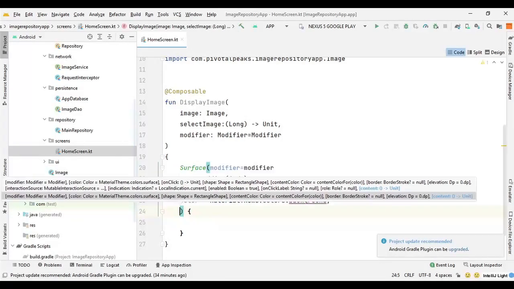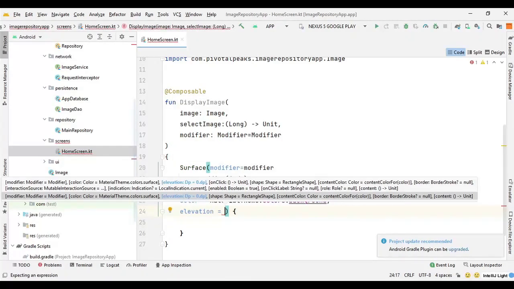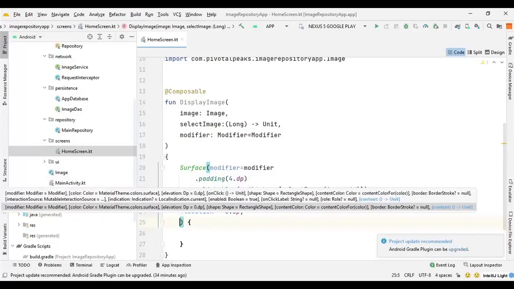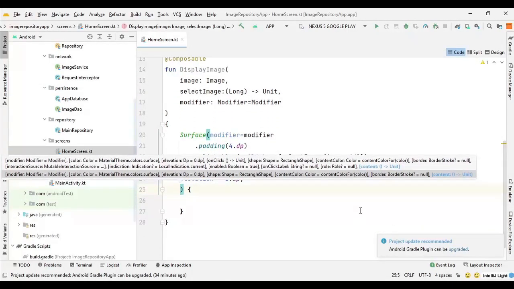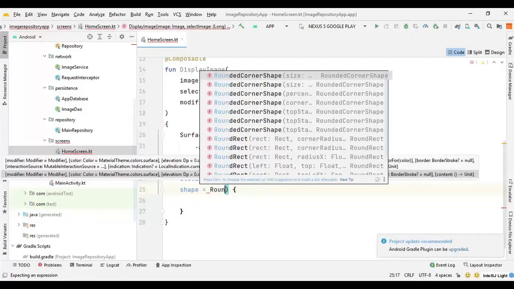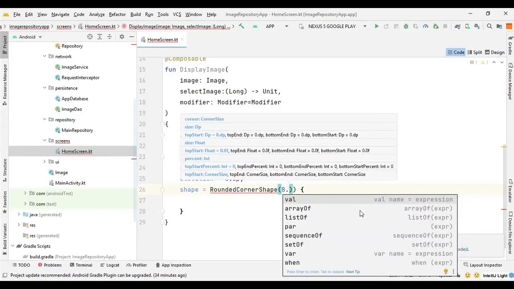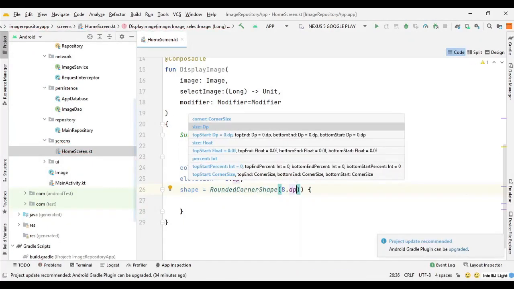So for elevation we can say elevation equals 8.dp, and then we can also provide a shape for our surface. So we can say shape equals RoundedCornerShape, and here again we need to provide the dp. So it will be 8.dp.